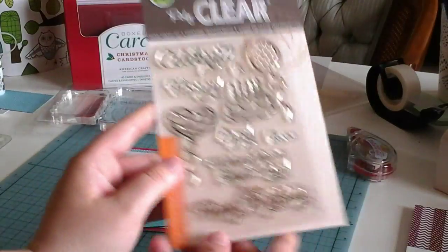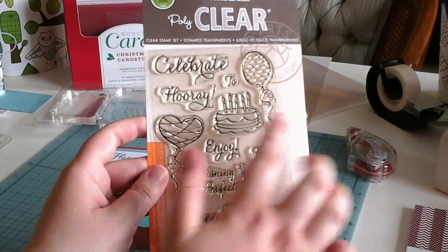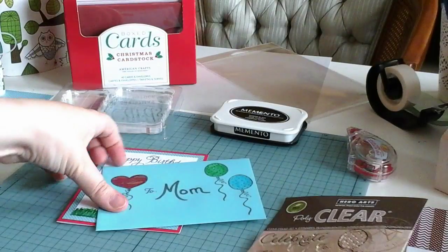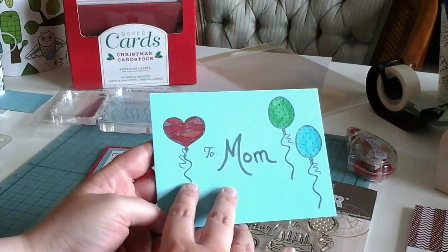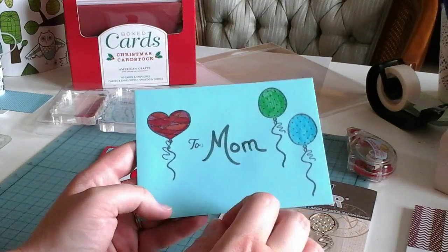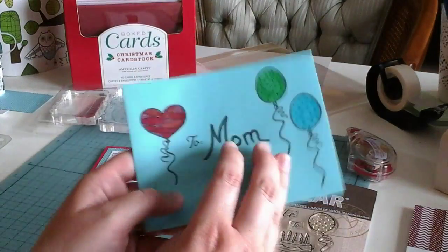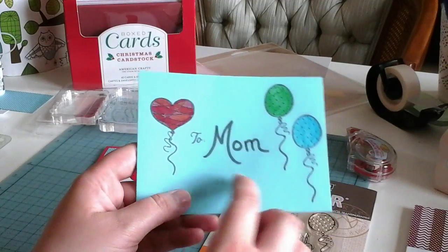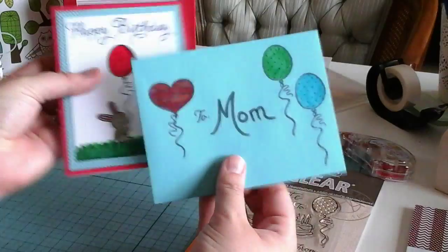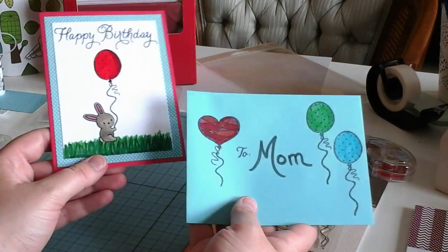So I used this balloon as well as this one here and the little 2, and then I went ahead and colored in with my markers. I actually just used regular markers on here because I didn't want it to bleed through. I don't think the Tombows would, but they're just more inky, I would say. So we've got the envelope, nice blue